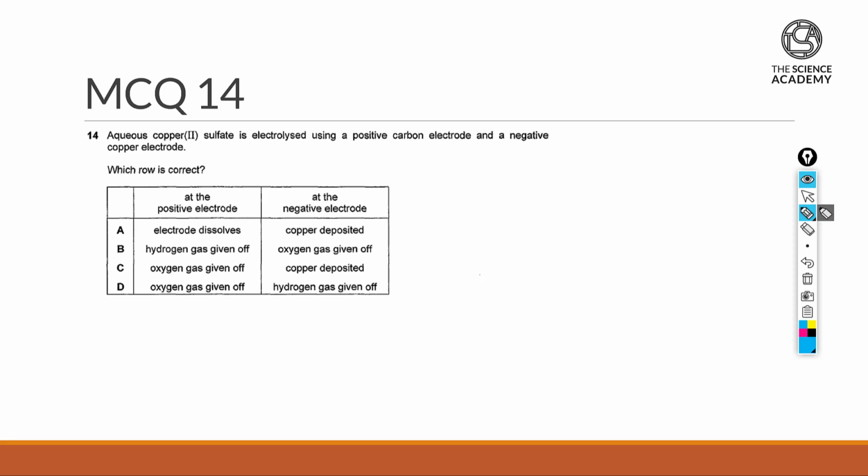Question 14. Now, aqueous copper sulfate is being electrolyzed using a positive carbon electrode and a negative copper electrode. In this case, we have to understand what is an inert and non-inert electrode. And since my aqueous copper sulfate is being electrolyzed, let's